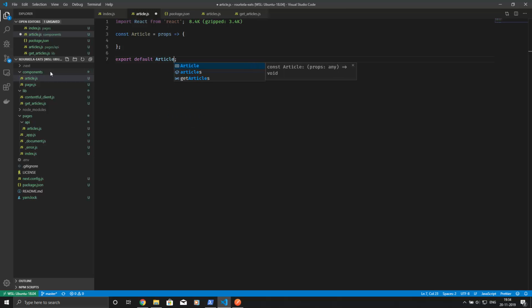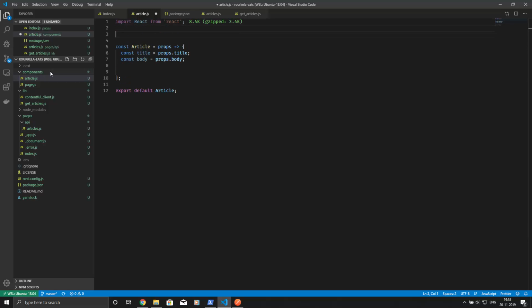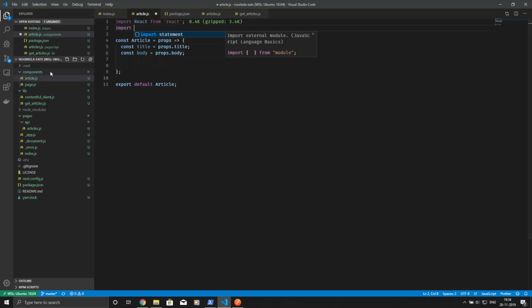So an article will get props. We'll get a title prop. We'll also get a body prop. So this is the title and the body of an article. And what we're going to do is we're going to render it. How are we going to render it? We're going to need this library that we installed behind the scenes, document,